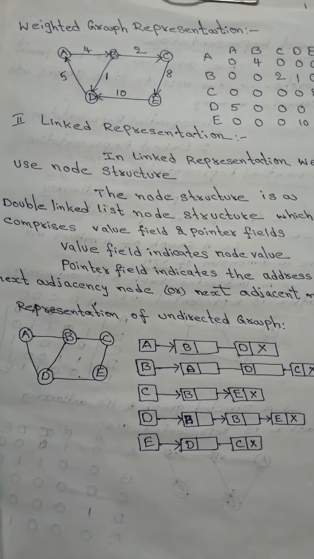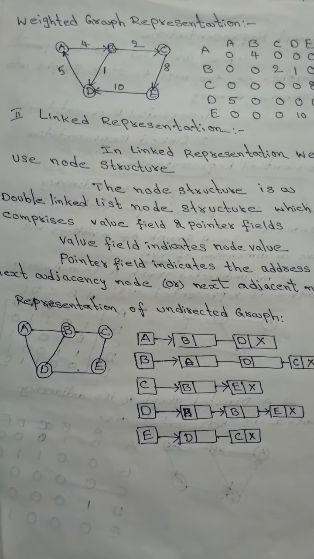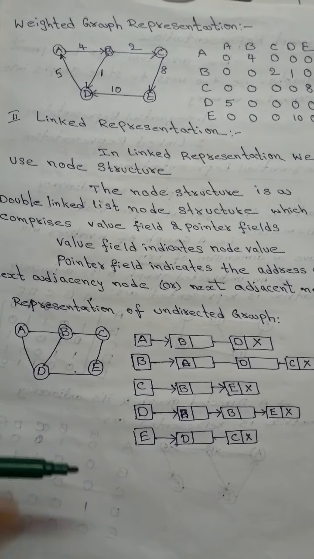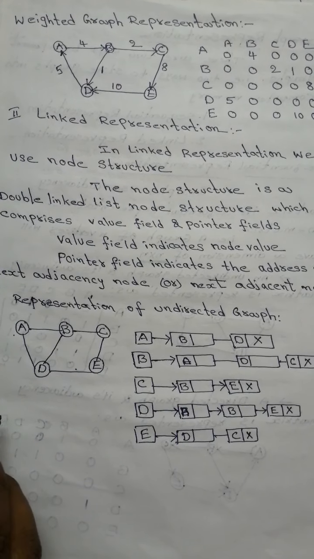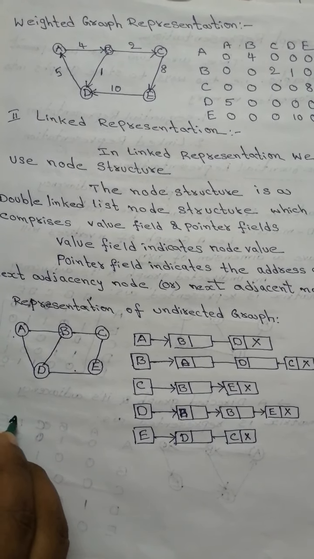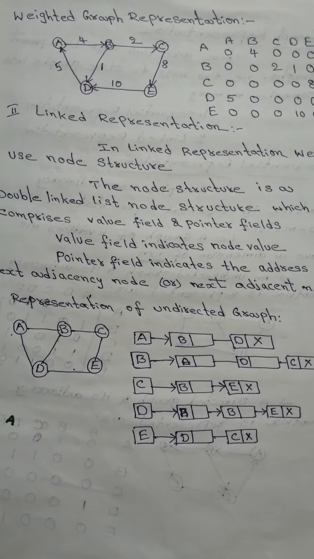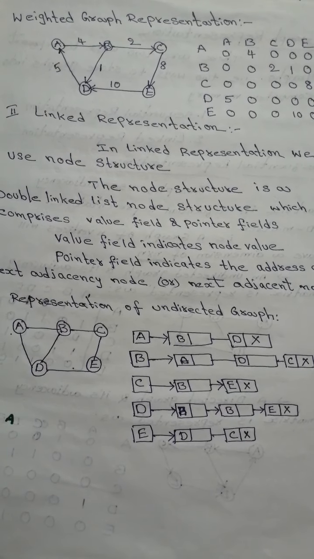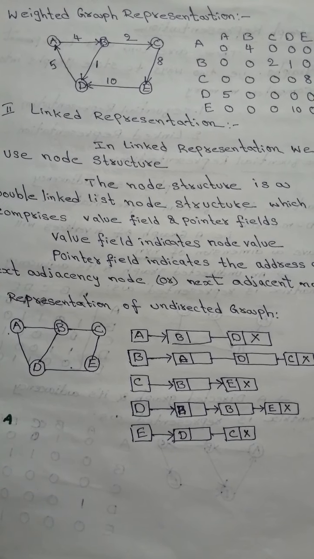So now consider a vertex A. A is the value. Consider a vertex as a node. Suppose now taking this A, this is the node. Now to store this node, what are the values I need to store? I need to store the node value as A, and again I need to store the next link. What is the next node of A? Adjacent nodes. I need to have the adjacency nodes, that is the address of adjacency nodes.